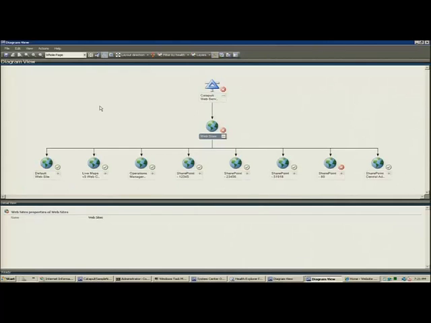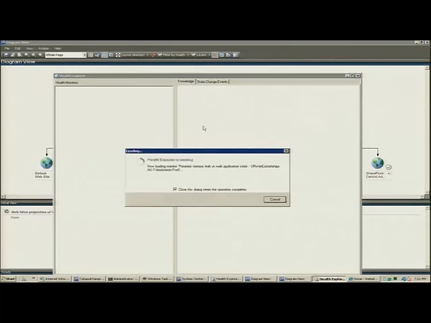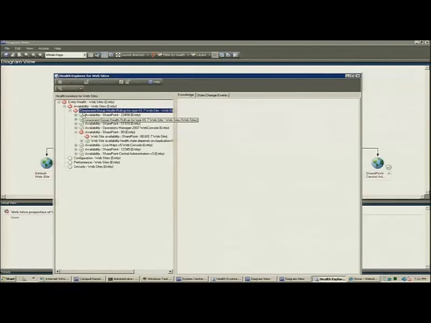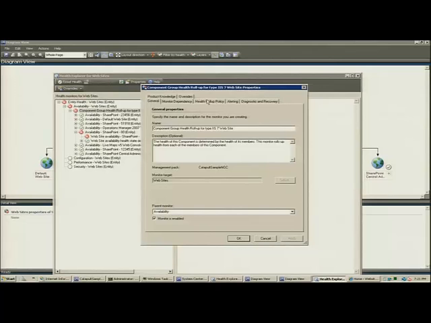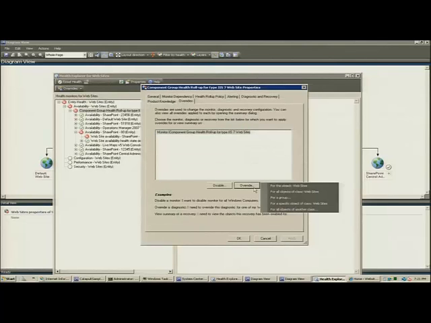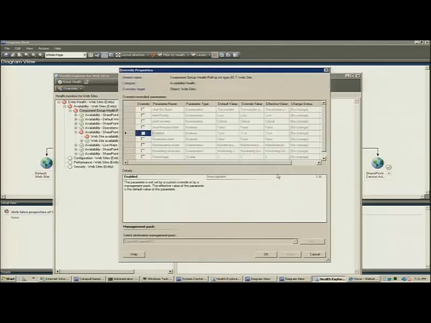And this is the out-of-the-box way that Operations Manager functions. I've got one red. Therefore, worst case of any of the entities down below, everything above it is now red. What tends to be missed, though, is the concept that this is functionality that you can change how it works. So as an example, I can open up the Health Explorer here. I can see where this component group went red. I can go to the monitor properties associated with this here, and I can generate an override for this object,